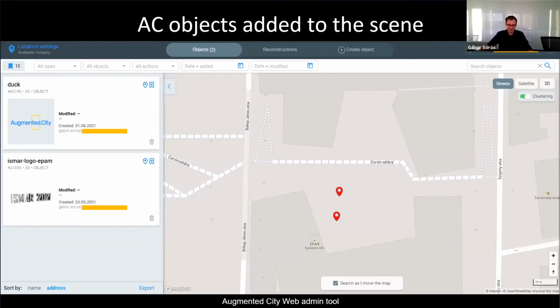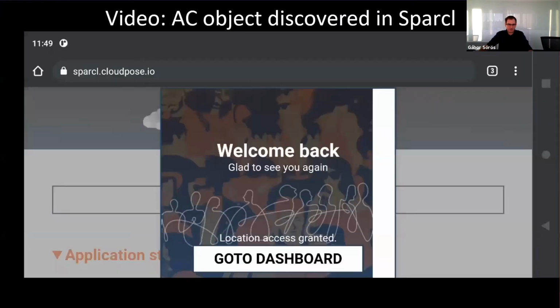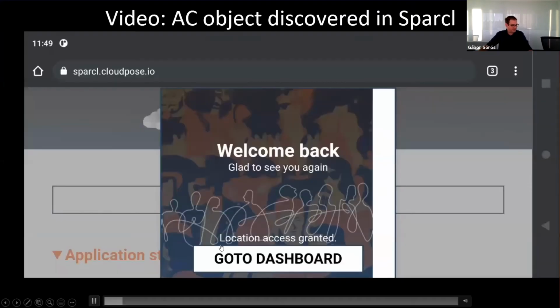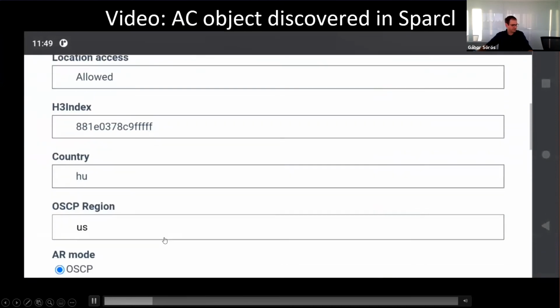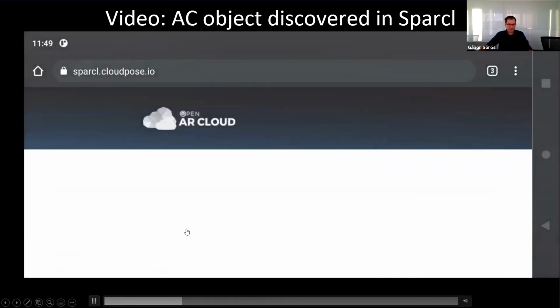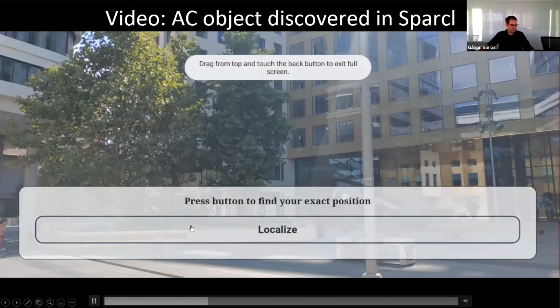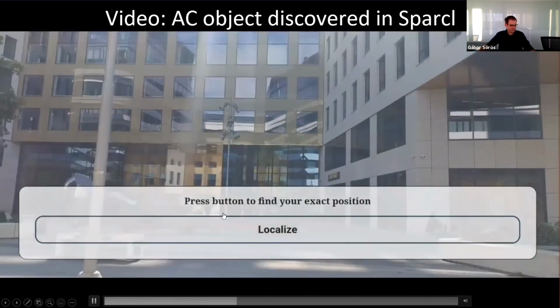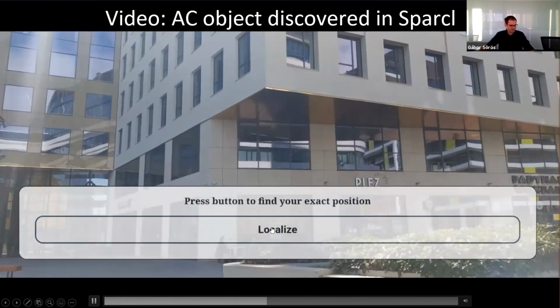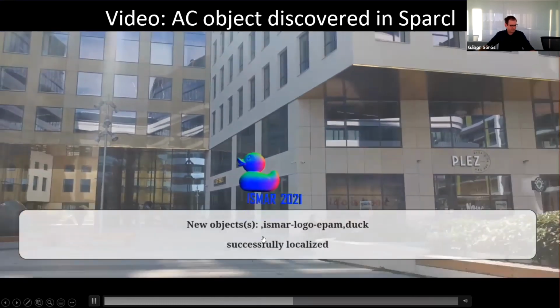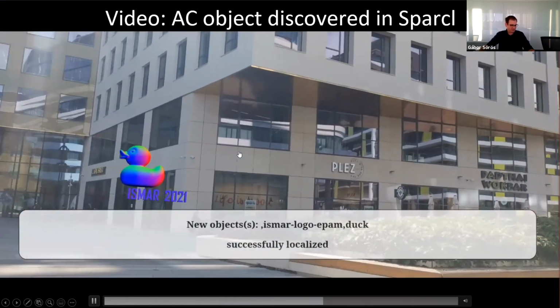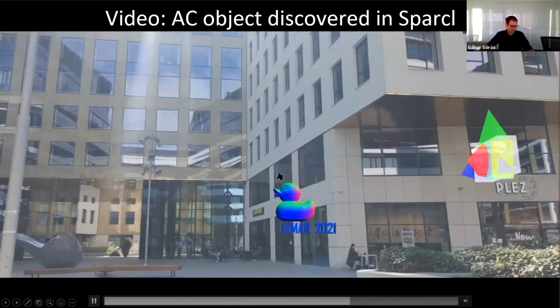As I mentioned, this is the AC objects tool. Sorry, this is the AC admin tool. And here I created two objects around the office where I am currently located. Now I'm going to show you how it looks when I discover it. This is the user interface of Sparkle. When I'm down on the ground floor, I look around and press the localize button, and it sends a photo to Augmented City, and it retrieves the geopose.